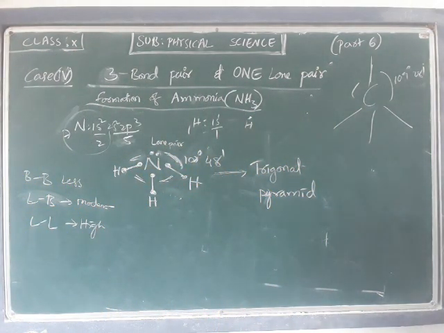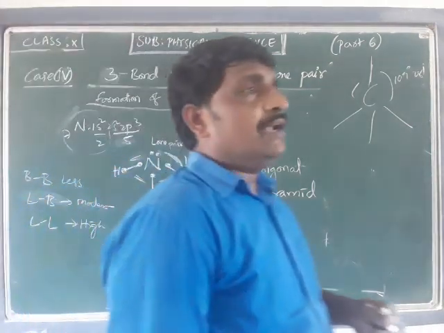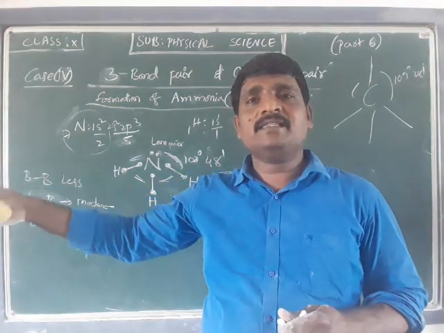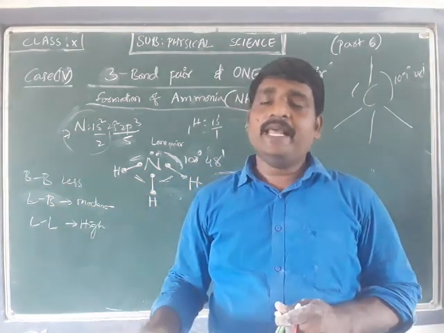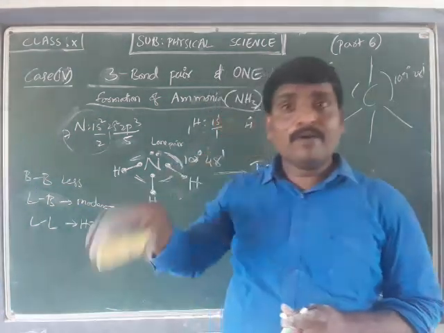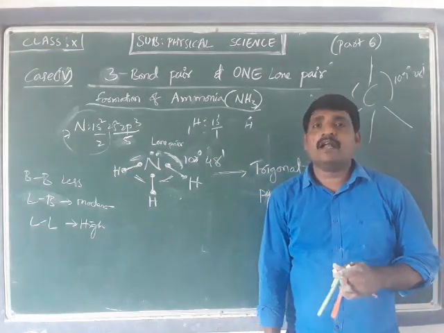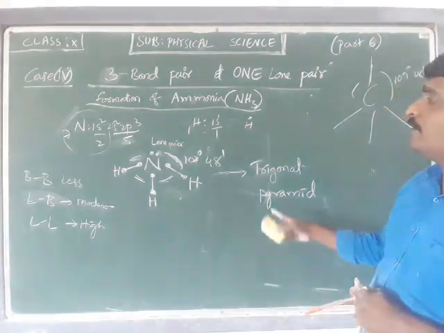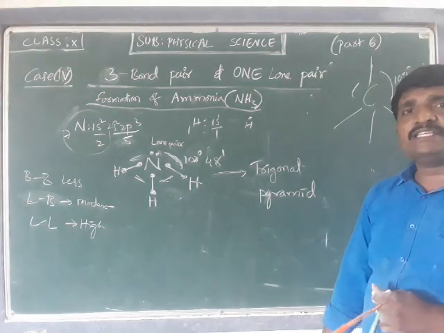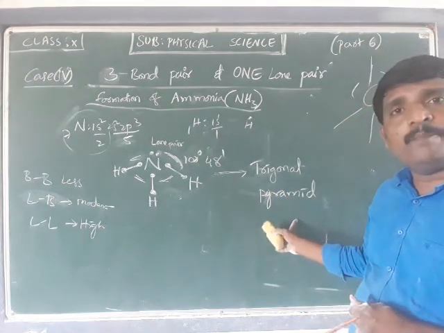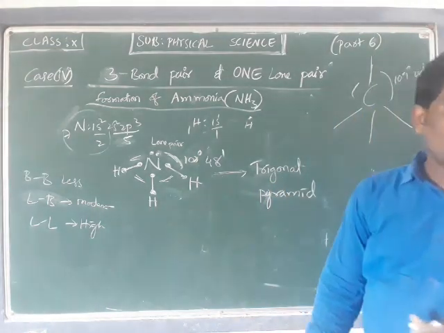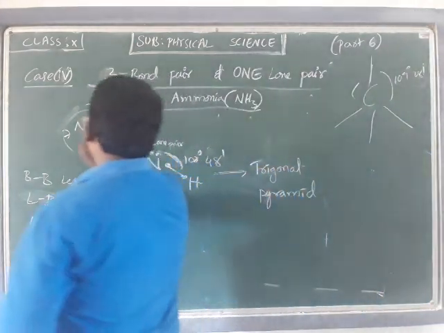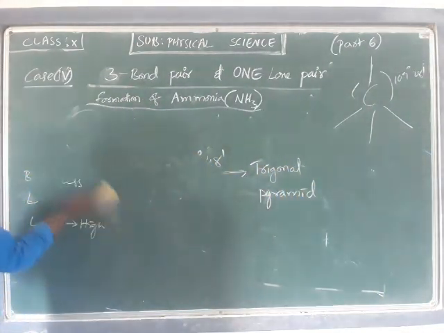So this is the tetrahedron, and this is the trigonal pyramid. So the first one is linear shape, 180 degrees; the second one is trigonal planar shape, 120 degrees. The third one is tetrahedron shape, 109 degrees 28 minutes. The fourth molecule is the ammonia molecule, 107 degrees 48 minutes, and it is a trigonal pyramidal shape. Next we are going to talk about the next formation.